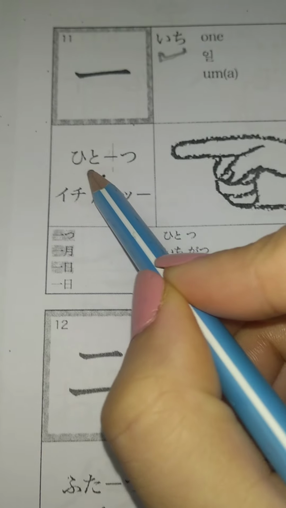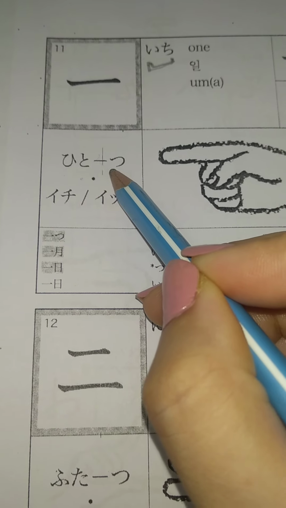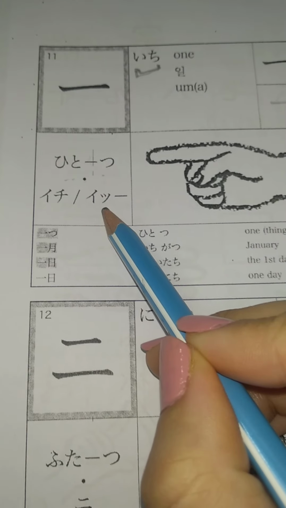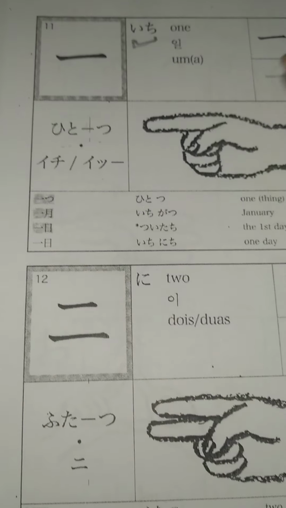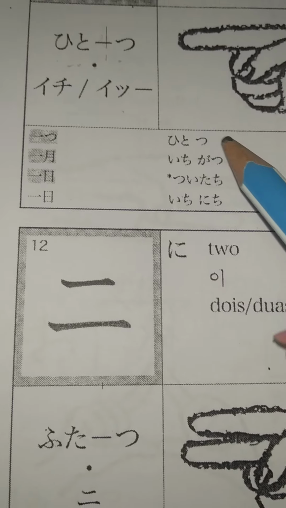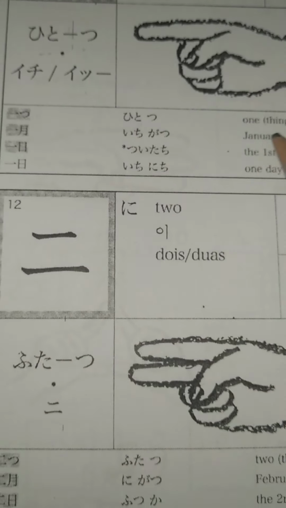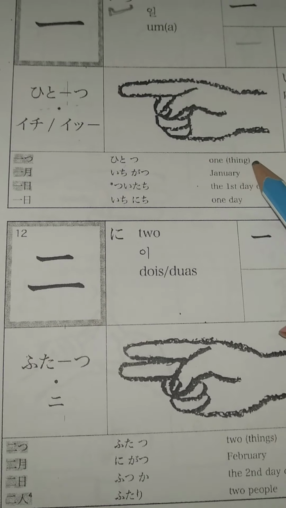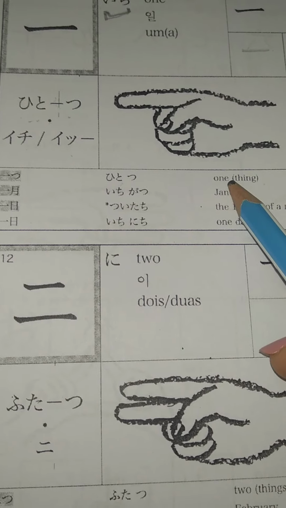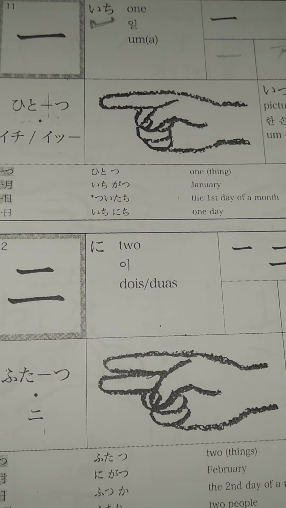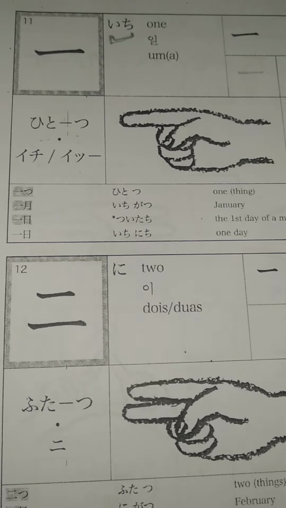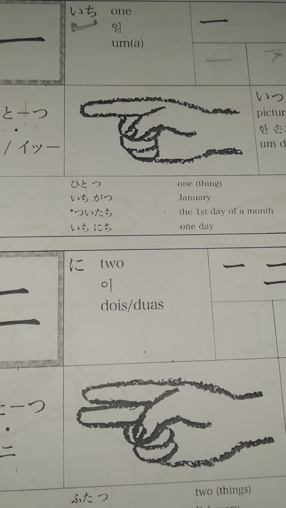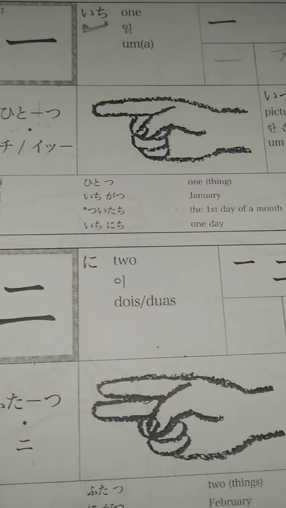Also the reading is hitotsu. Tsu is not included in the reading, tsu is added. Hito is the reading, and ichi, or ichi with a small tsu. So let's see what the words are. First is hitotsu. Hitotsu is the counter for things. Hitotsu, futatsu you've already done. When we add tsu at the end, it becomes the counter for things. So if I want to say one apple, ringo wa hitotsu, there is one apple, so hitotsu.